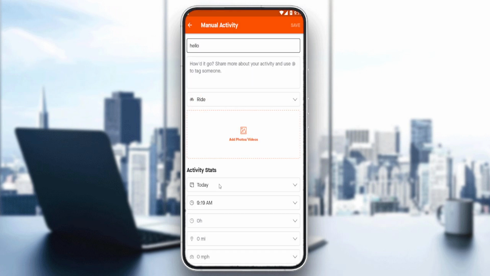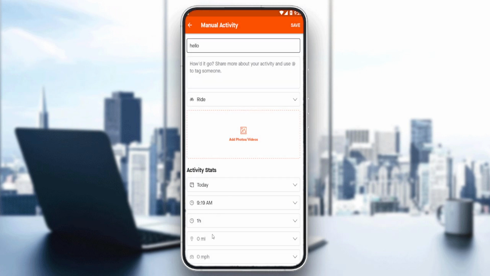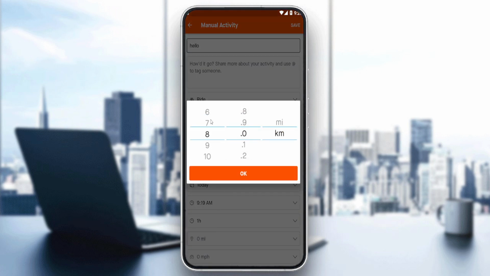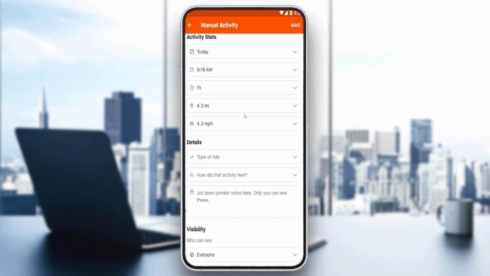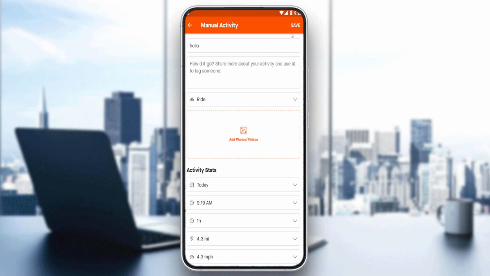Of course, you can choose the date, which is today, as an example. Of course, how many hours? Let's say, as an example, 1 hour. And let's say, as an example, we'll run for maybe 7 kilometers. Okay. And you can add other details if you want,